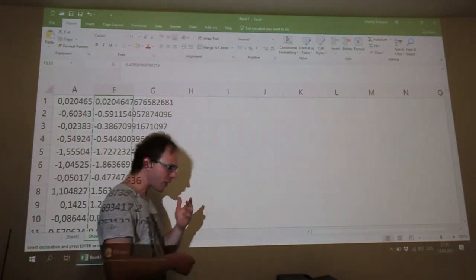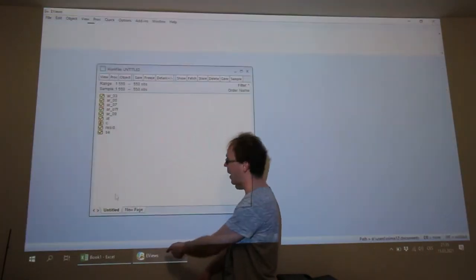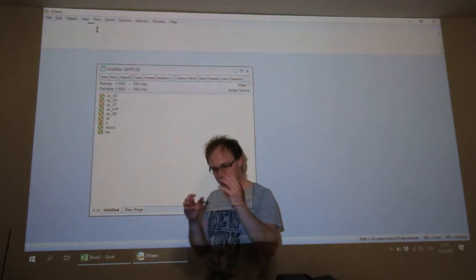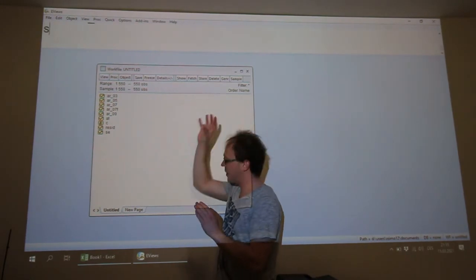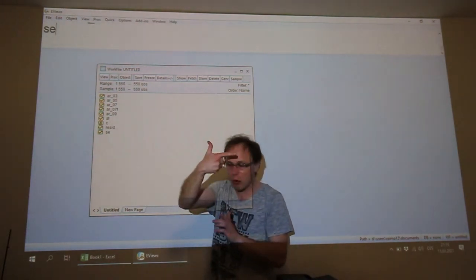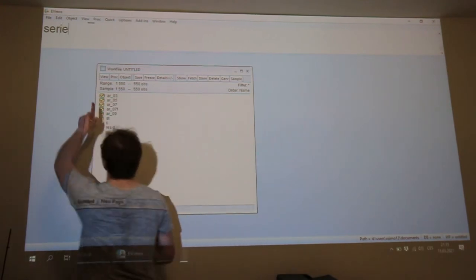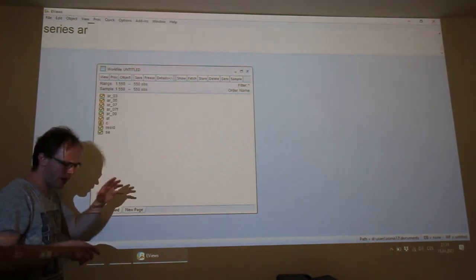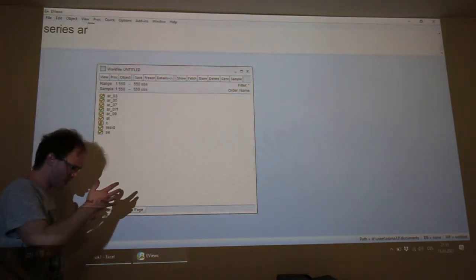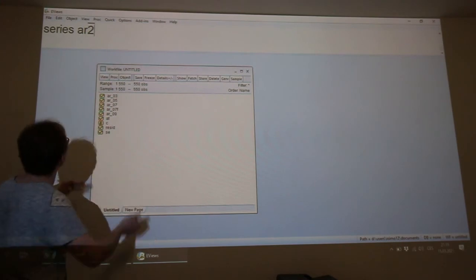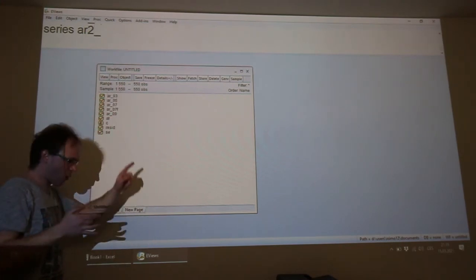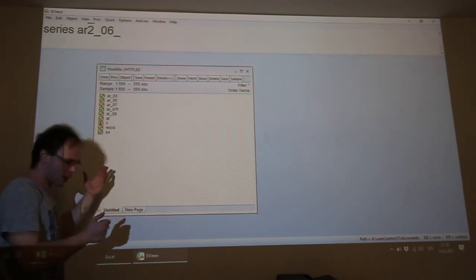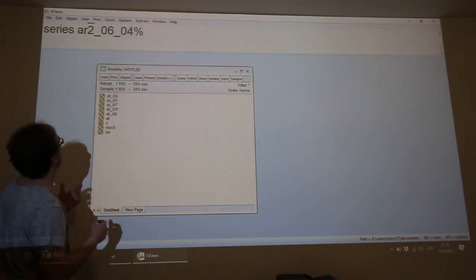And now, in EViews software, in our work file, we must create new file for this autoregressive process of the second order. So we will write here keyword series, space, and we will rename this, for example, AR, like autoregressive process 2, space 06 space 04, because we would like to name here the parameters.